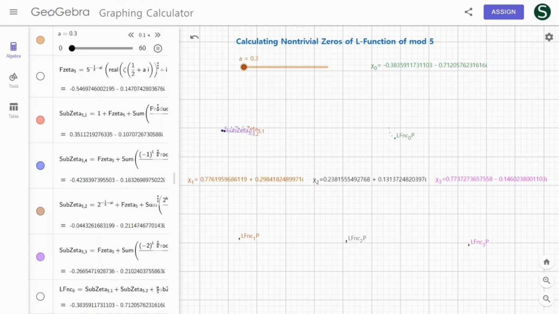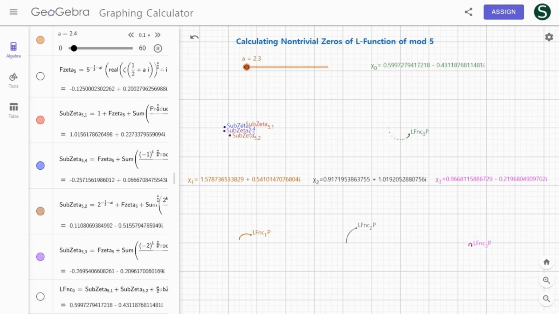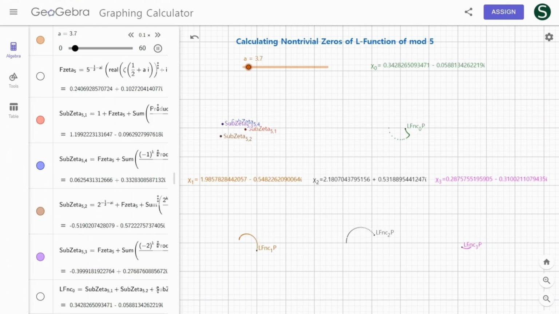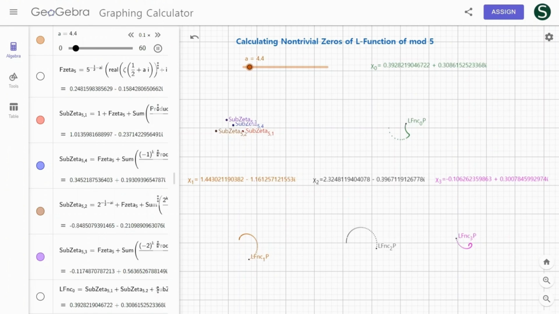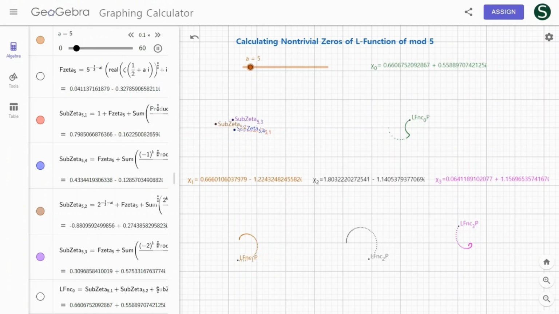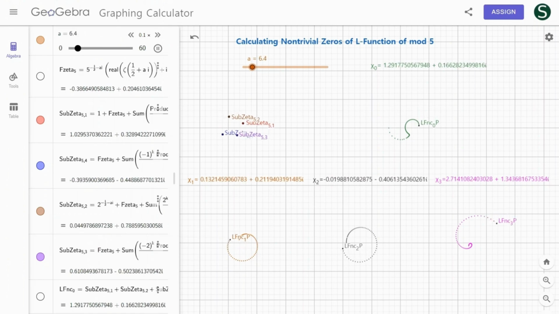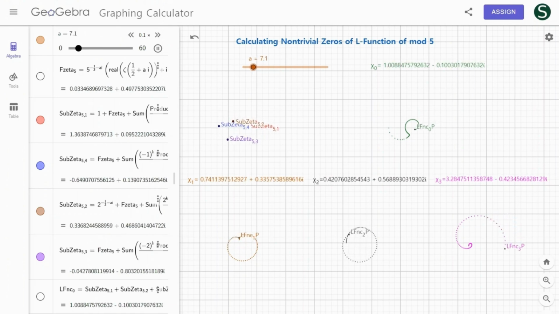By the binomial theorem of the zeta function, the subordinate zeta function of mod 5 located on the critical line can be obtained, and the L function of mod 5 can be derived by the subordinate zeta functions of mod 5. At s equals 1/2, the subordinate zeta functions of mod 5 coincide with the Hurwitz zeta function to 13